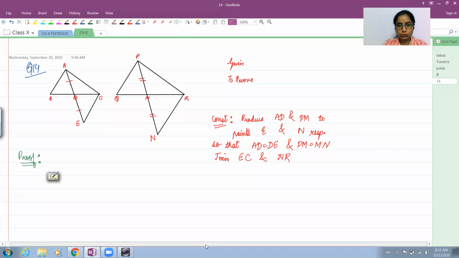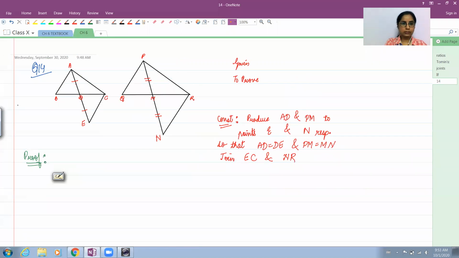You probably have to zoom in on your own because it's going to take a little space here. So I'm going to prove the congruence of, now see, the purpose is to prove similarity, but I'm going to take the help of congruence here. I'm going to prove the congruence of these two triangles, the ones I've shaded here. Triangle ABD will be proved congruent to triangle ECD. And can you tell how this can be proved?